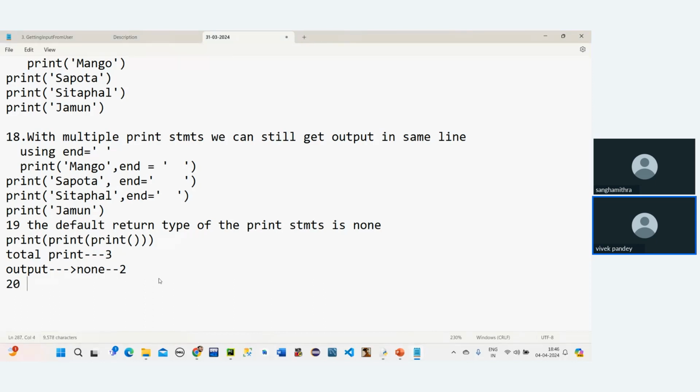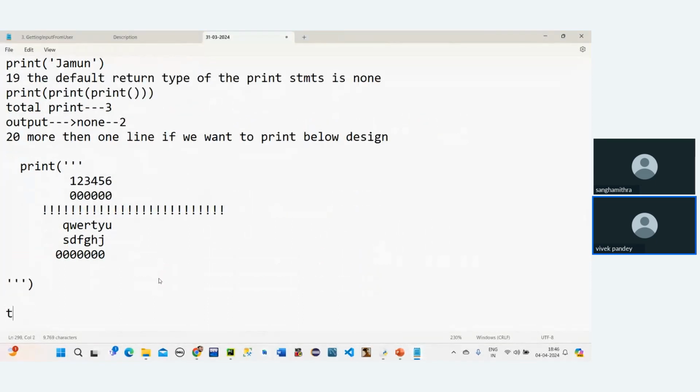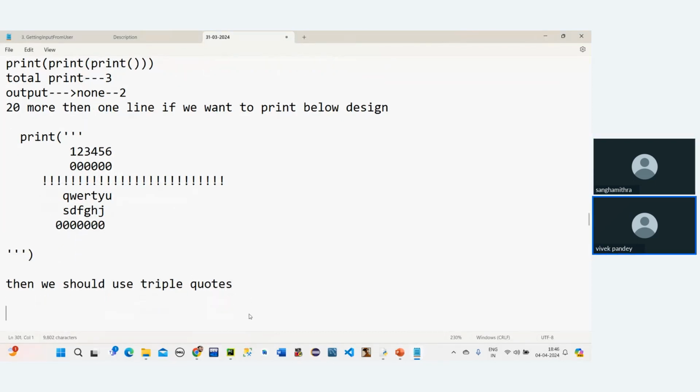20th observation. If it is more than one line, if we want to print the below design, ये वाला design, then we should use triple quotes. ट्रिपल कोट्स यूज करना है इसमें. हाँ. ठीक है. So now 21, और एक है